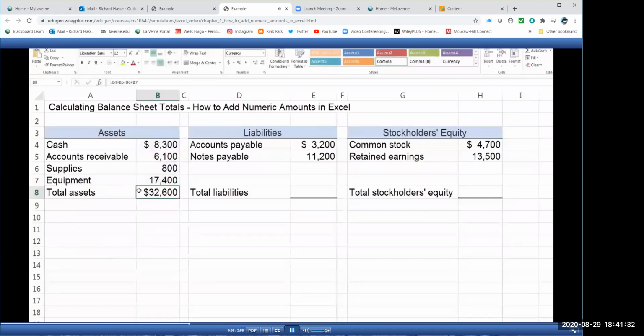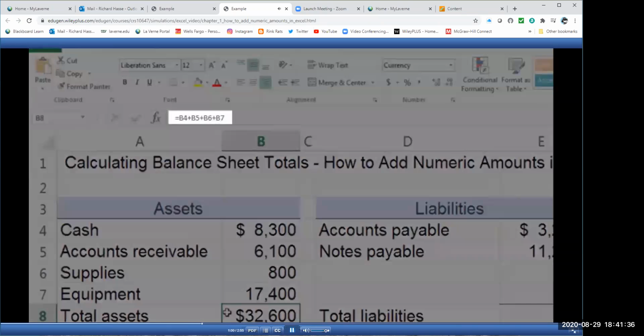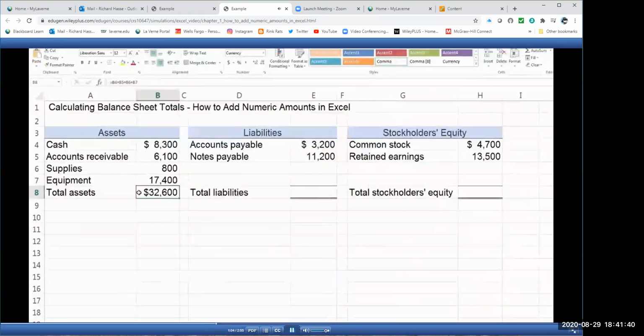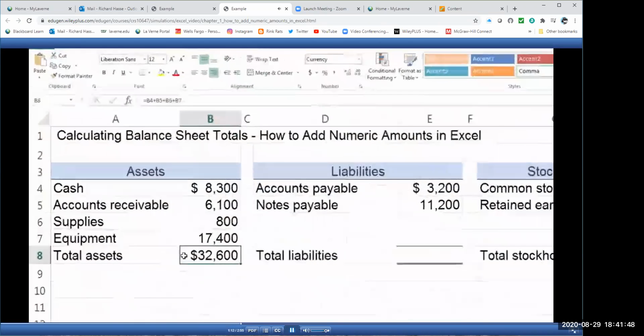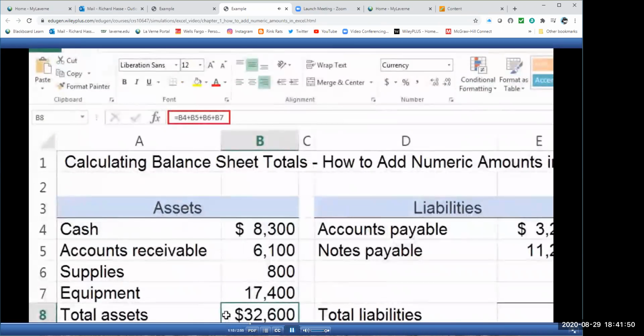Place your mouse pointer in cell B8. Examine the formula bar, which is located just above the work area of the worksheet. It displays data and formulas for any active cell which you have selected. You should see the formula you entered displayed in the formula bar as equals B4 plus B5 plus B6 plus